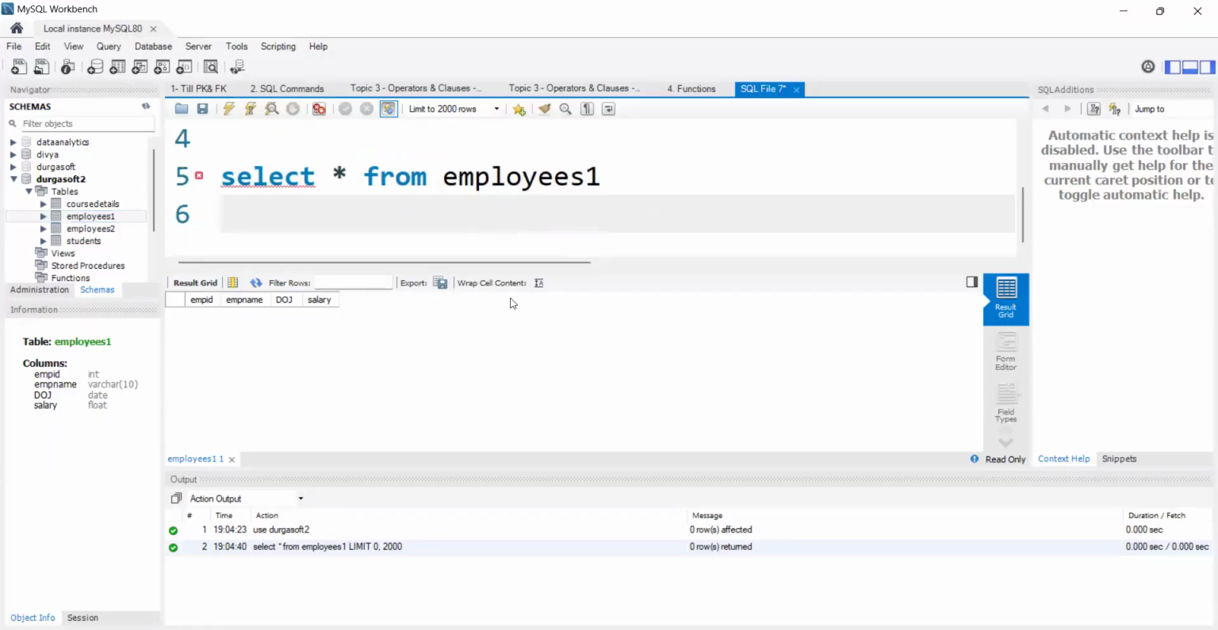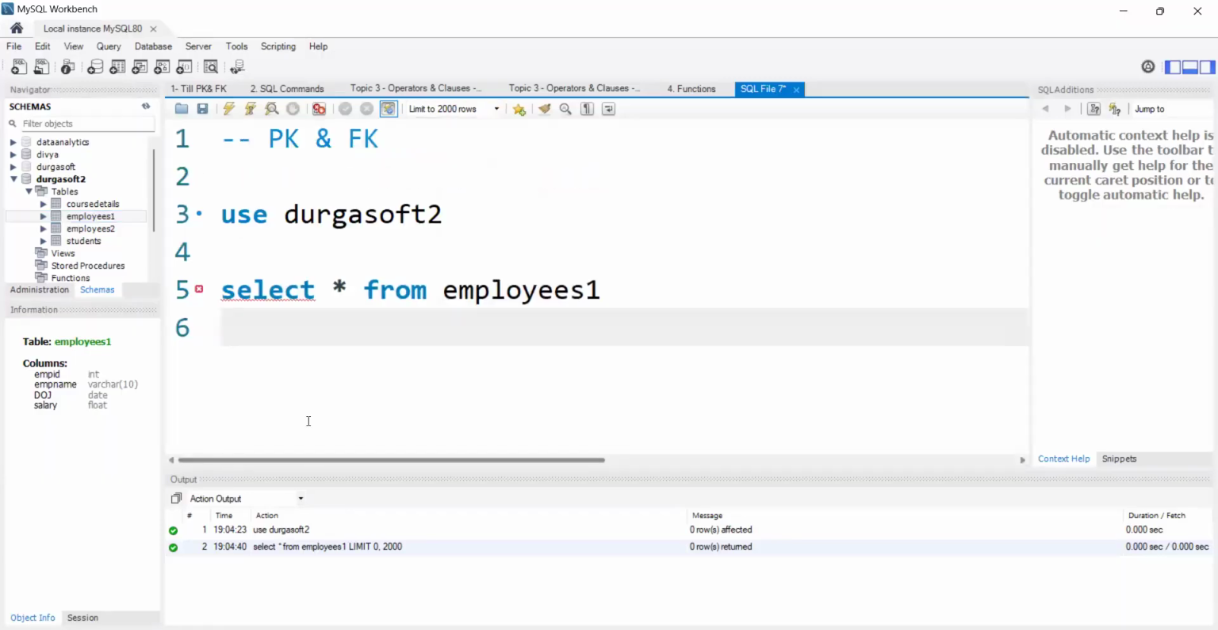First, let's see. I don't remember, did I explain how to create a primary key for an already created table? I don't remember whether I covered this in this batch, so let me do it once again. Previously we learned how to create the primary key whenever we are creating the table itself. But instead of that, if we want to add the primary key for the existing table,